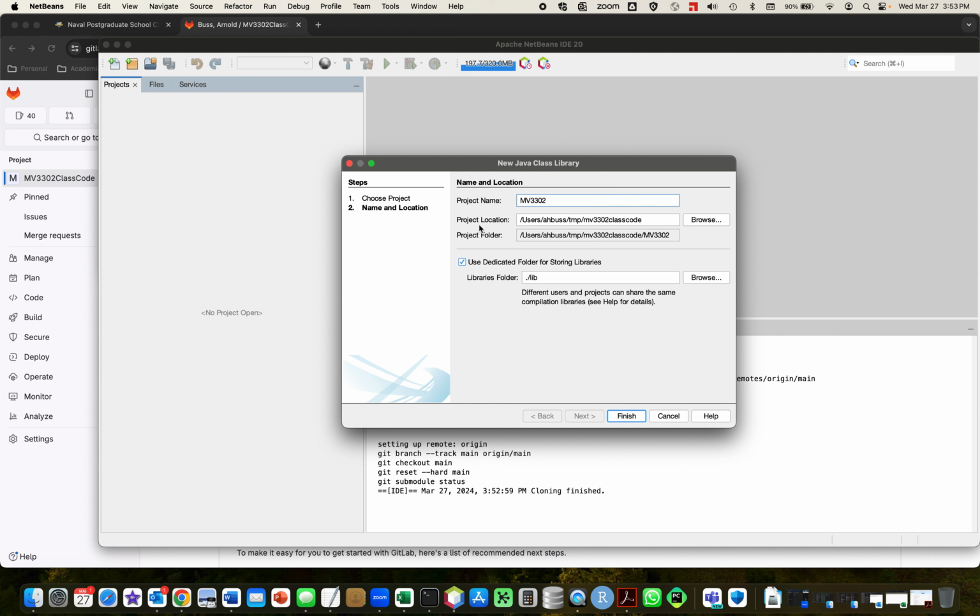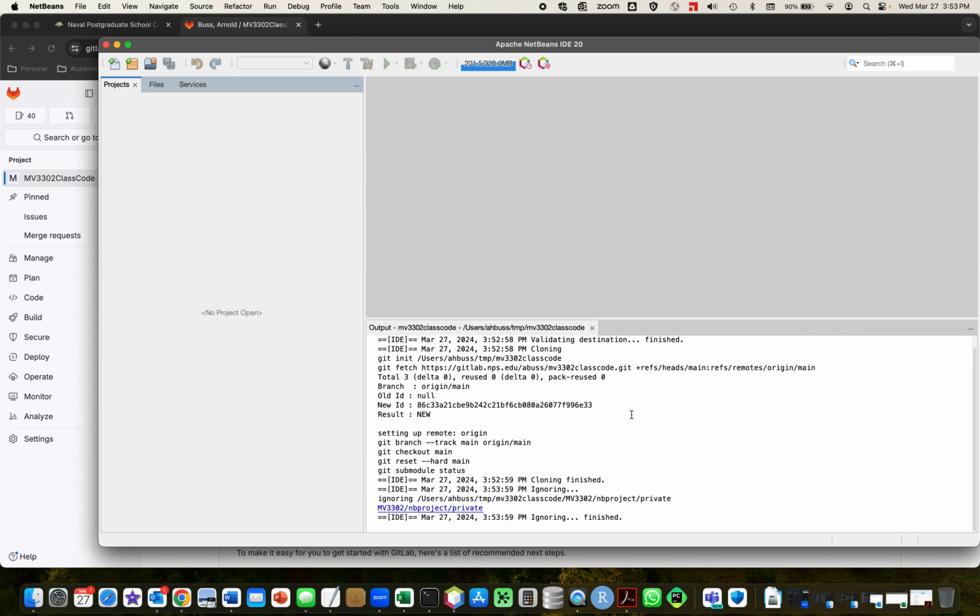The other important thing, and this is absolutely critical, see where it says if this is unchecked, use dedicated folder for storing libraries. You want to make sure that is checked. Why? Because that's where we're going to be putting our SimKit stuff. So then finish that,